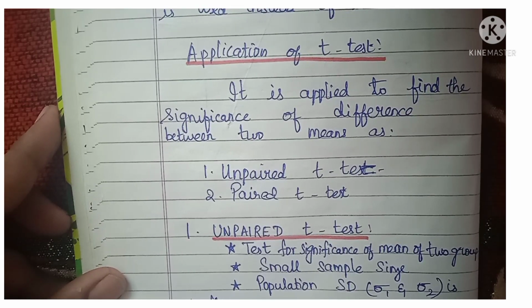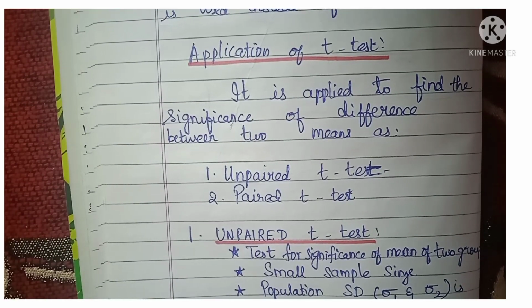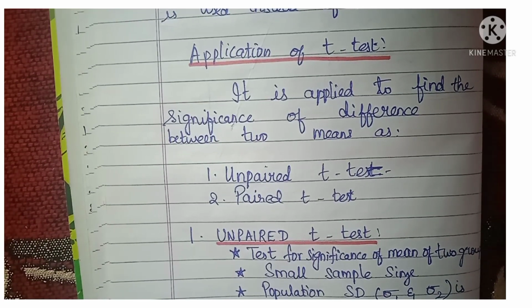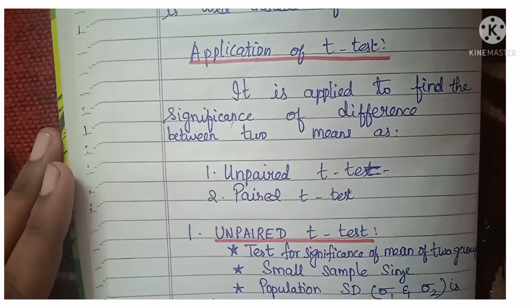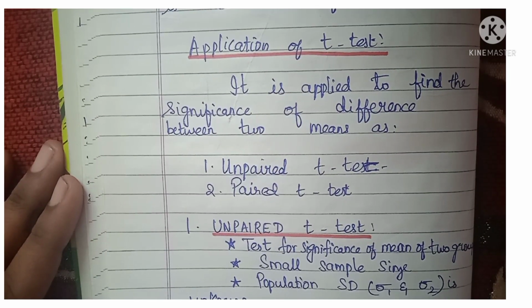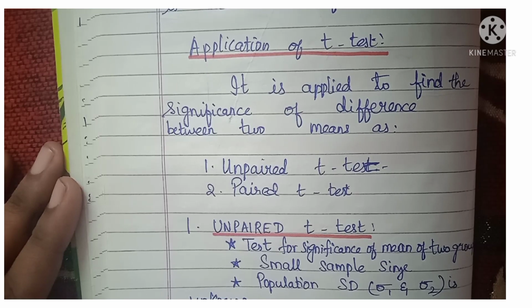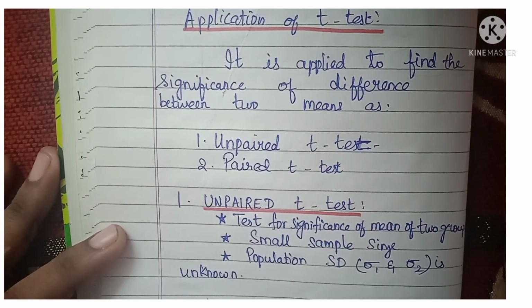Next, we will see the applications of t-test. See, this t-test that I am discussing, you can easily write, mostly they will be asking a 5-mark question. So, this is more than enough for a 5-mark question. Mostly for MSc nursing students, it's very important. But in BSc also, theory in 5 marks they are asking. We are not going to deal with calculations and all. Only the theory part with the formula I am going to explain in this video. This is for a 5 marks question.